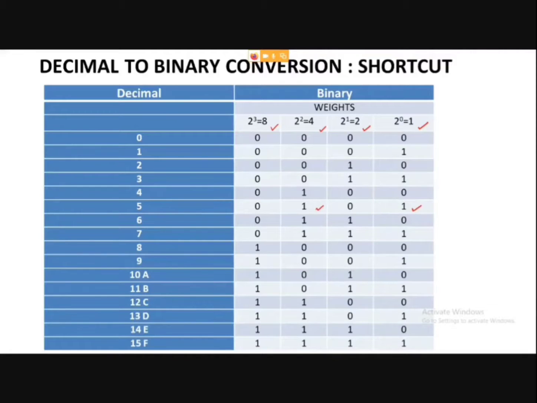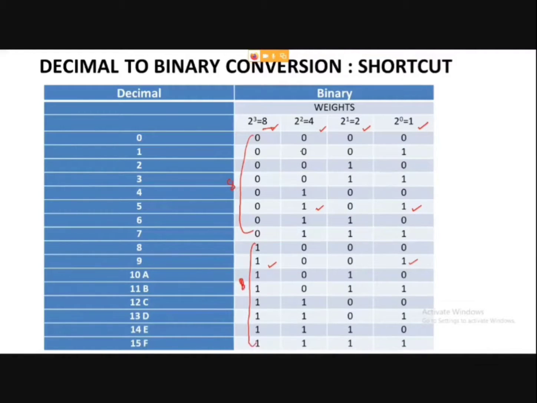So 5 in binary becomes 0101. Similarly, if you want to measure 9 kg, it is 8 plus 1. So here you can see for 9, this is 8 and this is 1. And similarly for any number you can check, and there is a super shortcut as well. The super shortcut is if you have to write this consecutive binary, here you can see that there is an 8. For this 8, you can simply write 8 zeros and then 8 ones.